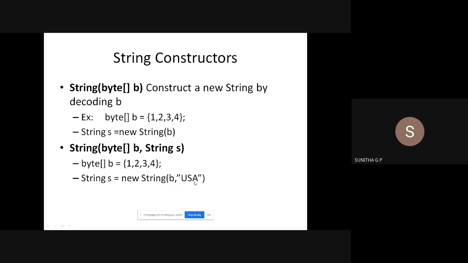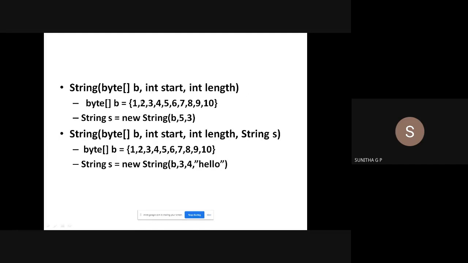Here if I say US ASCII, it will take the ASCII value and generate a string from whatever value I pass. Here 1 2 3 4 is just an example, but if I give that, 0 0 0 will come. I have to give 64, 65, 66 or something like 100, and then a proper string will be created.